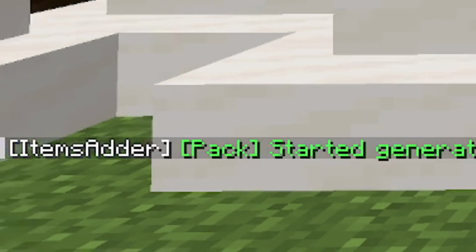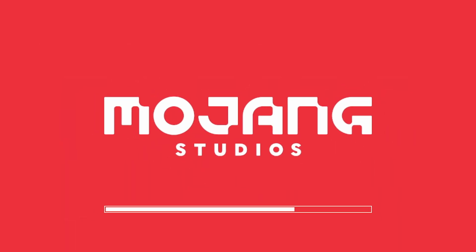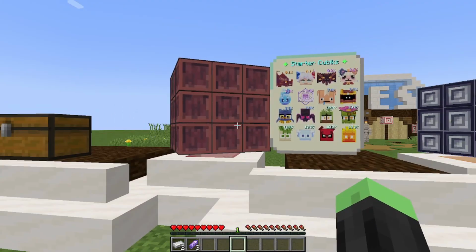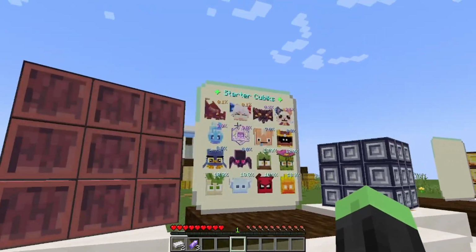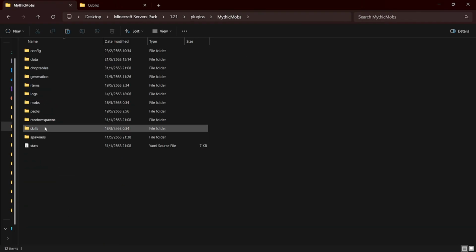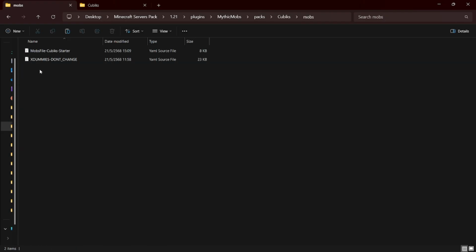And let's just wait for the resource pack to be regenerated. Alright, now that we have the resource pack, now you have all the Cubix. And now we will teach you how to set up your very own Cubix drop. You can set up everything in the MythicMobs file. So go to MythicMobs, Packs, and then search for Cubix, Mobs, and here you will see this file right here. All you have to do is just copy